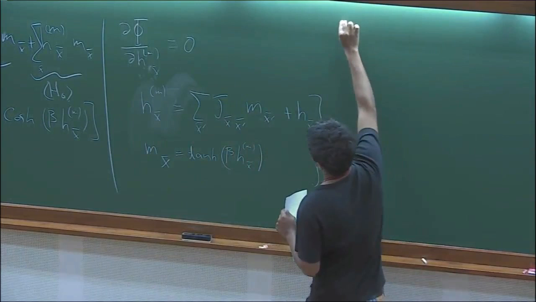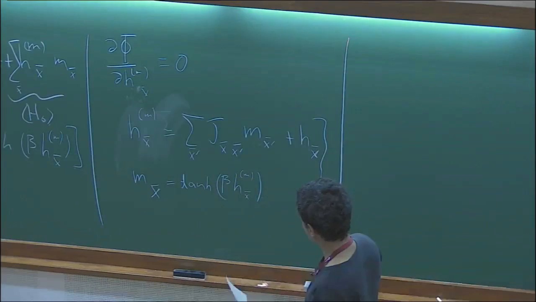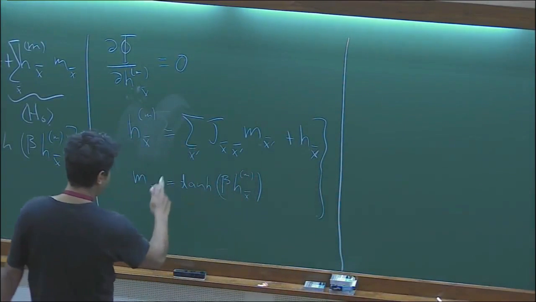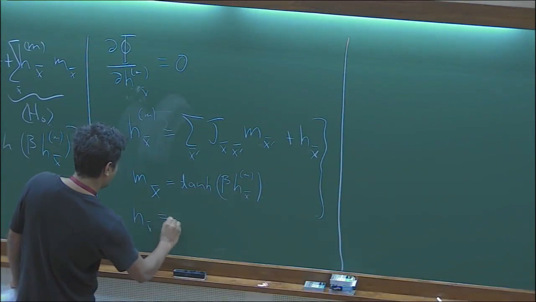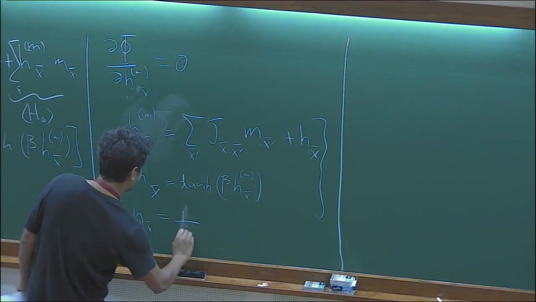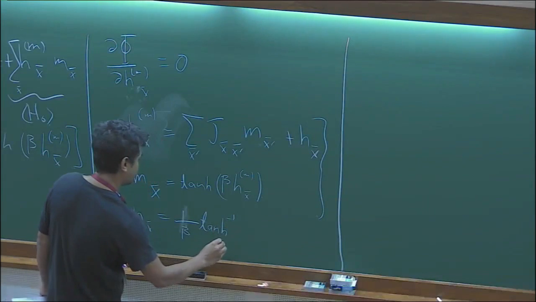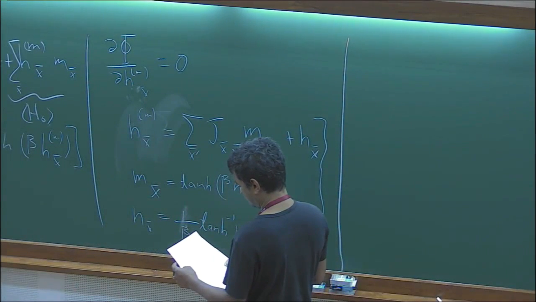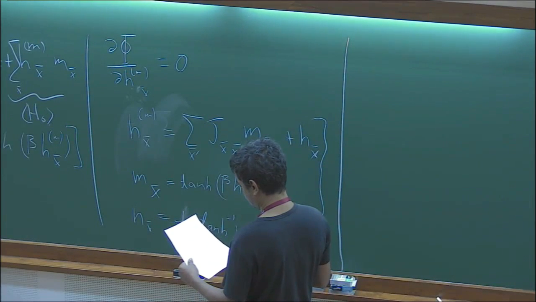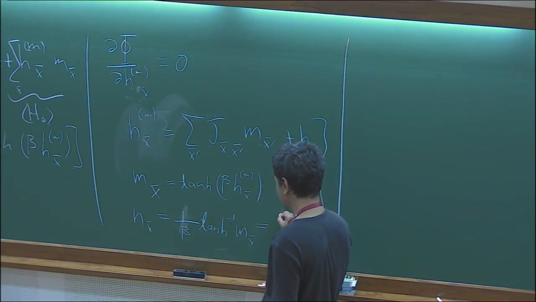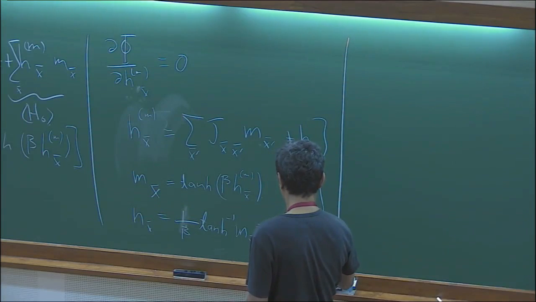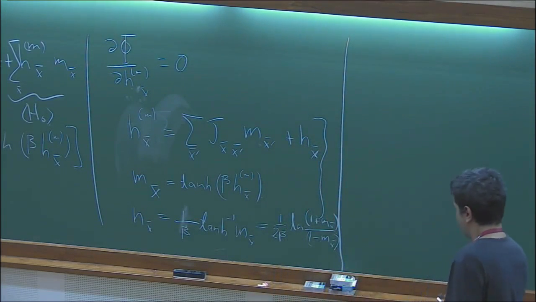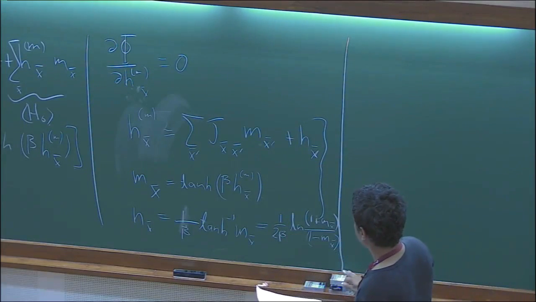The idea is to say that, let's say, these applied fields are very small. Okay, so if the applied field is very small, then we can basically expand this. So first of all, let's invert this equation. So we get h x bar equal to, and this is equal to, there was another form for this, right? This is correct, right? Okay, so if we can write it like this, and now we want to